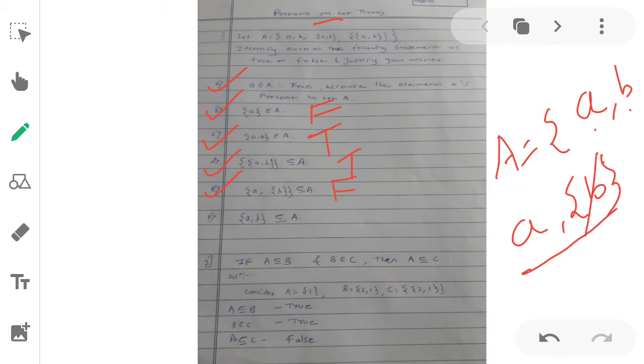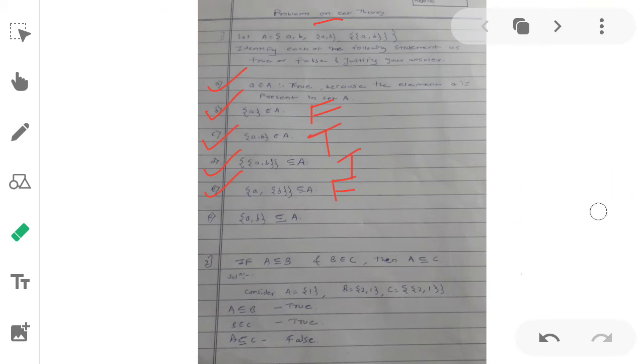After that, we check problem f. Here {a, b} is a subset of A. That is possible because A contains two elements, a and b.